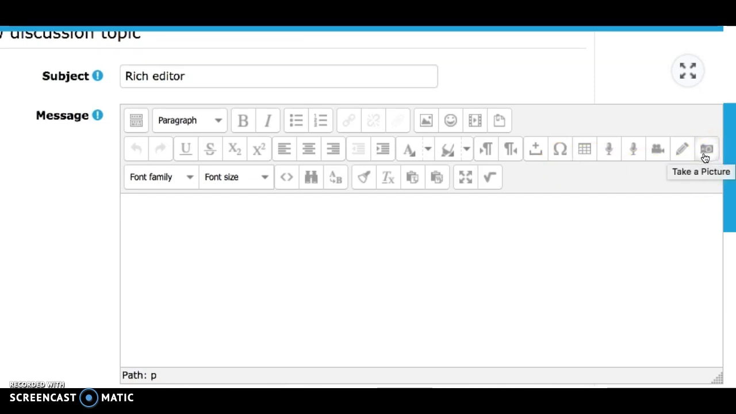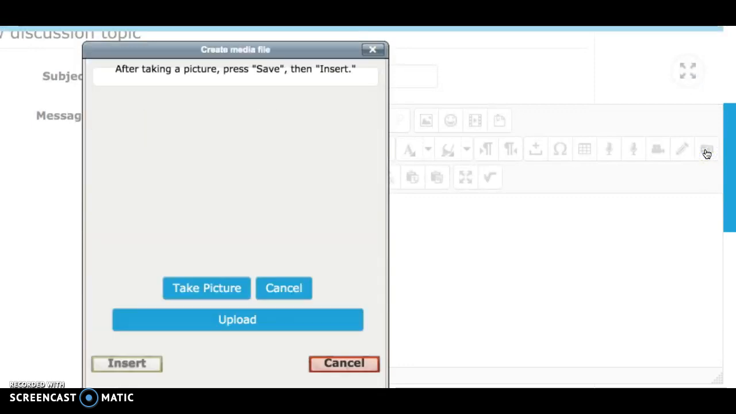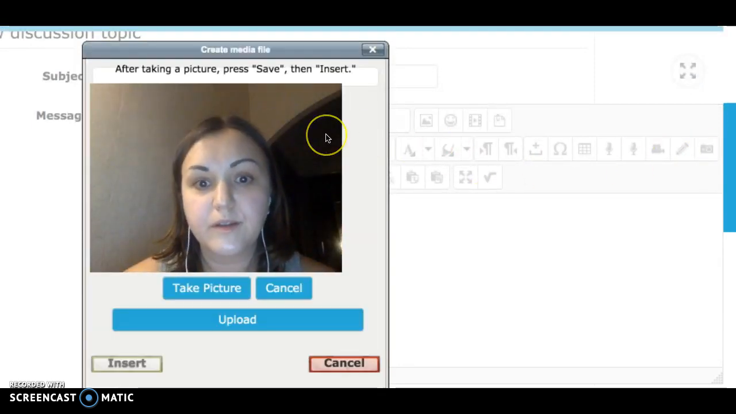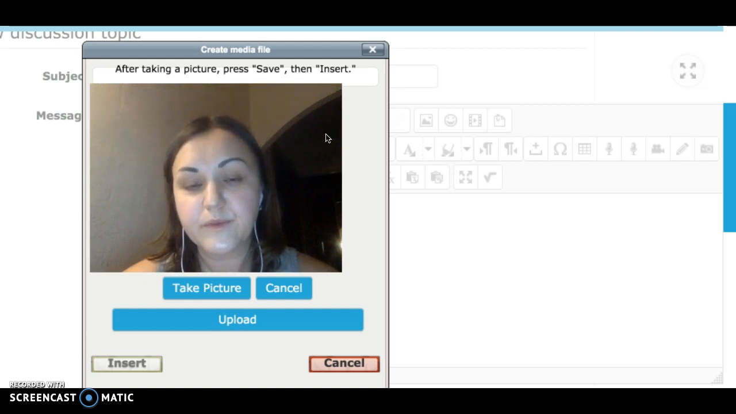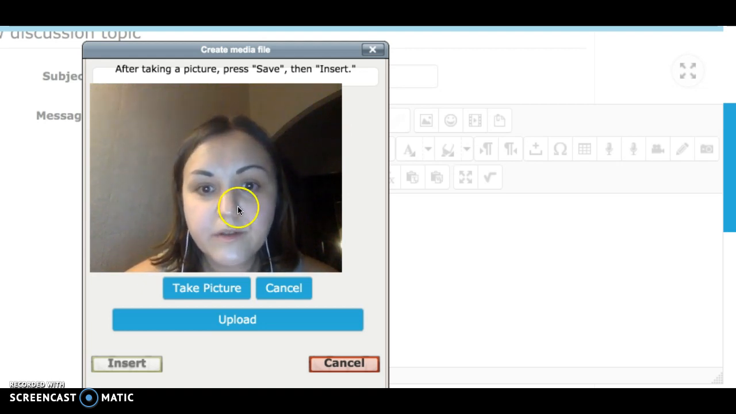So here it is. It says take a picture. Click on this icon, and here is myself, though not very good looking at the moment. You press take a picture. The picture is taken. Then you press upload